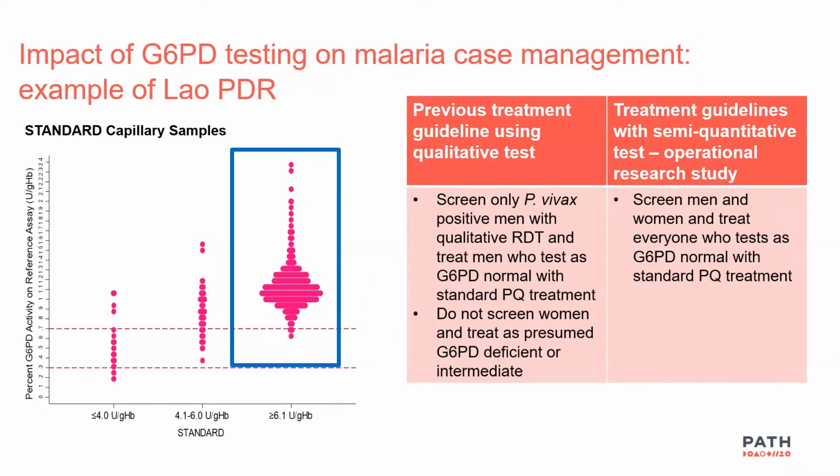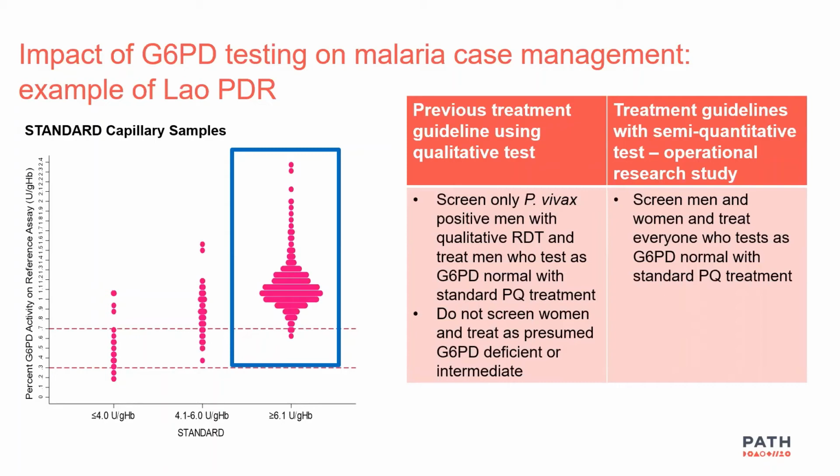Yeah, thanks so much, Pooja. So I think to really understand the impact of this test on clinical case management, you have to look at a country to understand how access to the test would change access to radical cure. And so we need to look at the diagnostic and treatment algorithms, both before and after the use of the test. And just to put it in perspective, I thought it'd be useful to give this